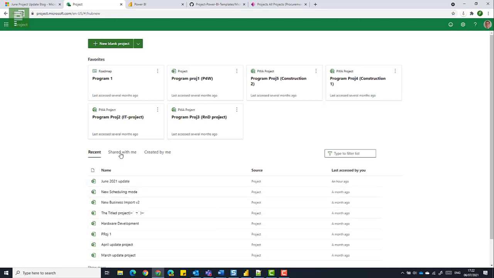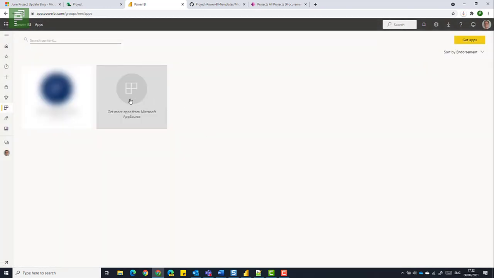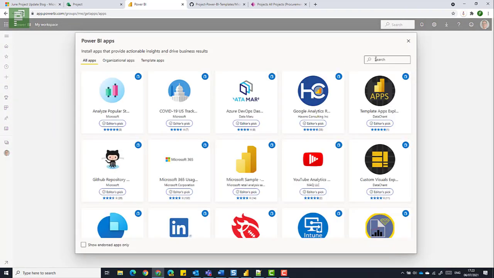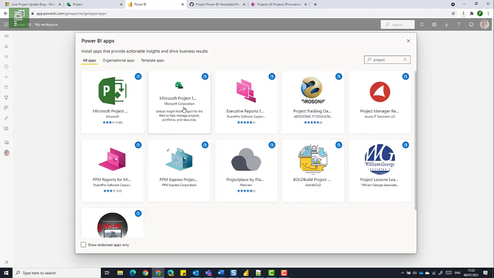But for now, if I navigate to Power BI, oh, I still had it open. Let me start off. If I navigate to Power BI and I go to apps, I will have my more options from Microsoft App Store source, and I can search for project, and here it is, the second option on the list. So if I click on this one,